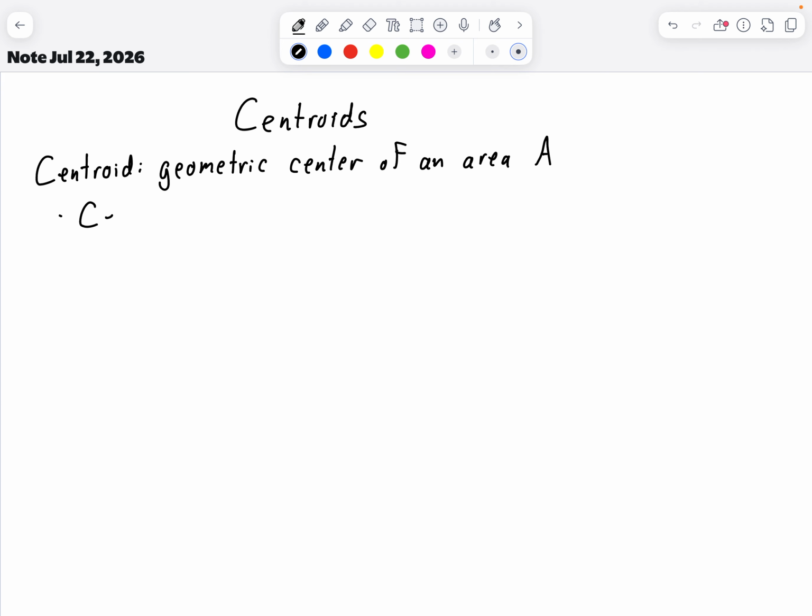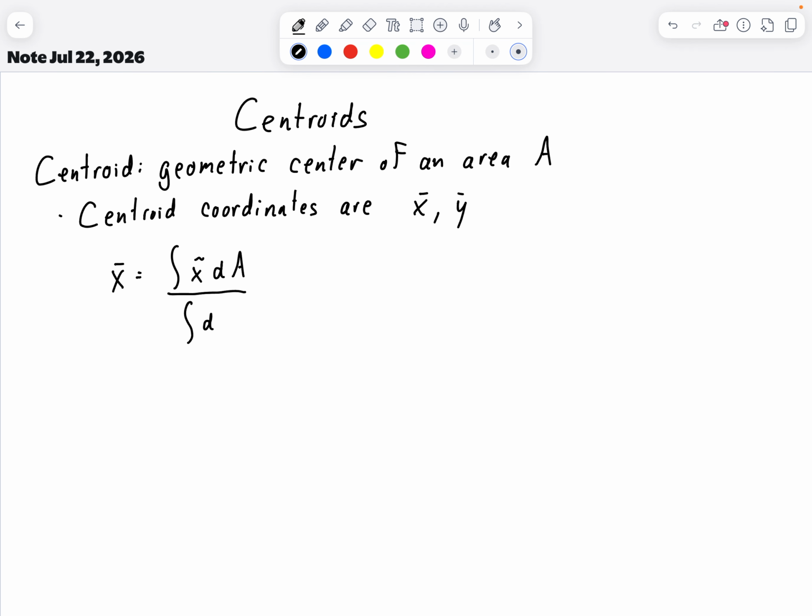The formula for the coordinates of the centroid can be found from the following formulas. And the centroids themselves are denoted by x and y over bar. So x over bar and y over bar. The equations for x over bar and y over bar are as follows. So x over bar is equal to the integral of x tilde dA divided by the integral of dA. And y over bar is equal to the integral of y tilde dA over the integral of dA,